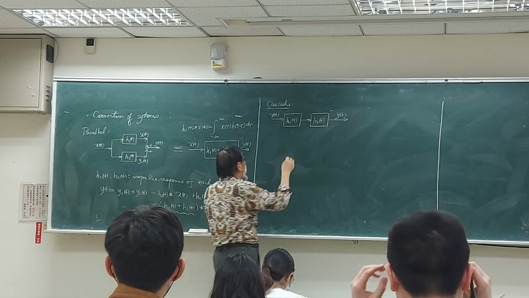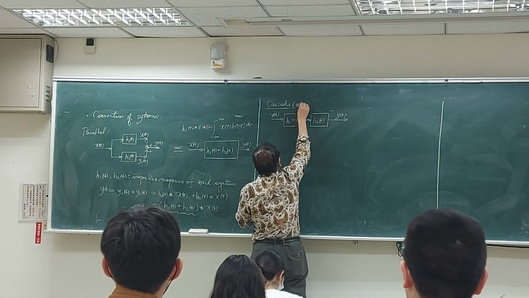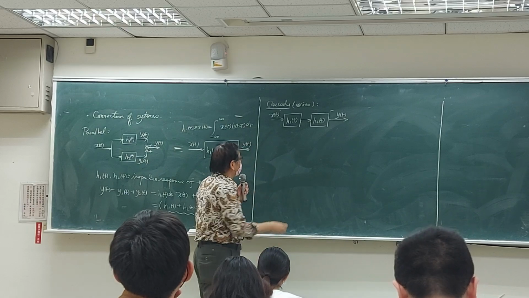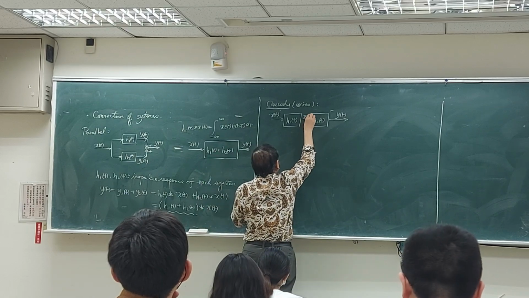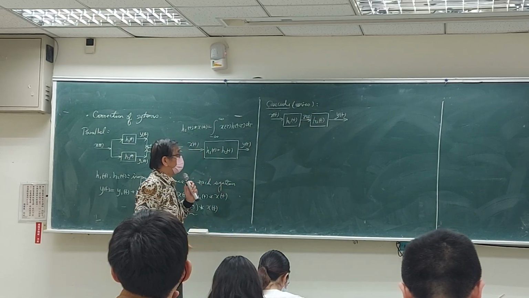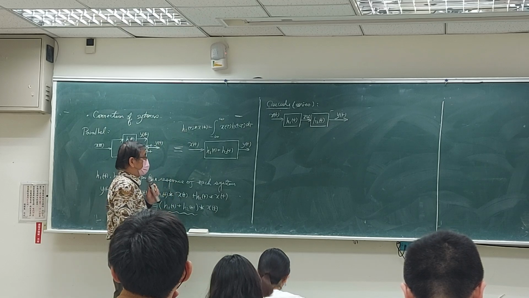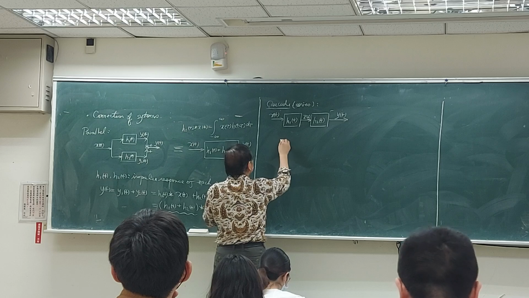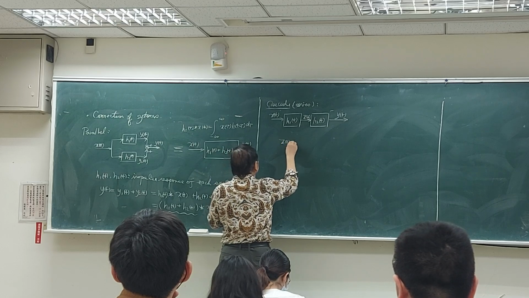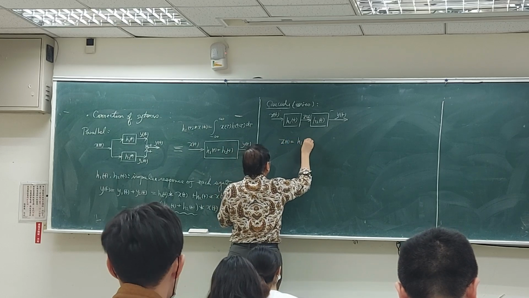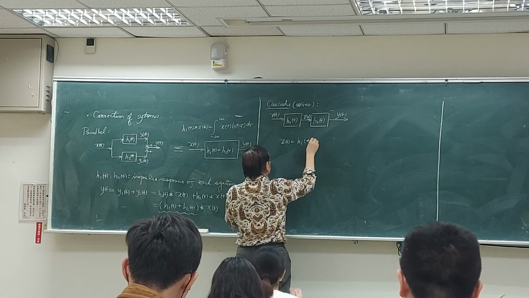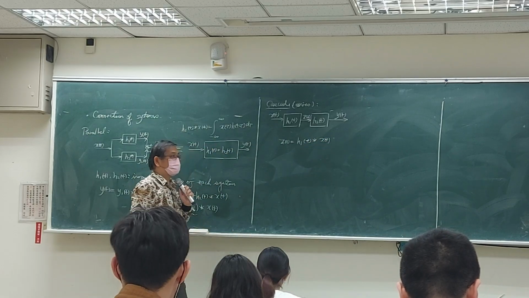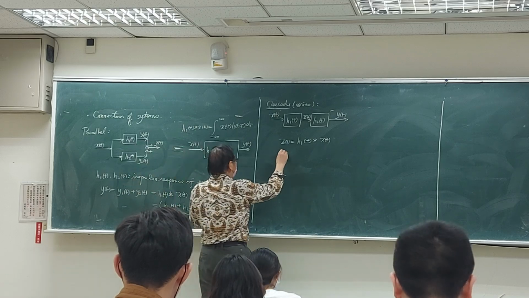Okay? Sometimes we call the output from H1 of t, z. So from this configuration, we know z of t is a convolution. Okay? And the y